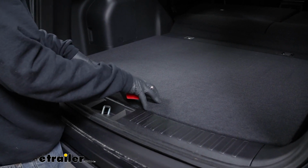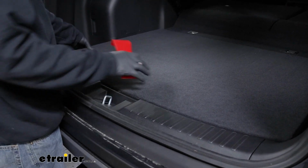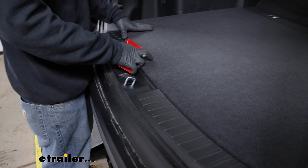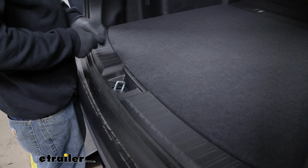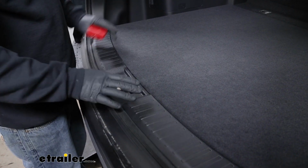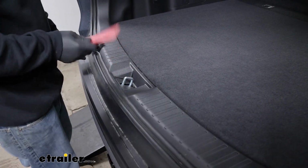Depending on your submodel, yours might be set up a little bit different. We have a hybrid, and so this floor covering is kind of locked down, and I could be mistaken, but I believe the regular gas ones just essentially lift up, but something to keep in mind here. On our hybrid and on the gas, you're going to have to remove this threshold, and what I'm going to do is take this trim tool